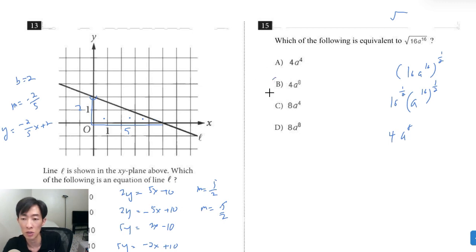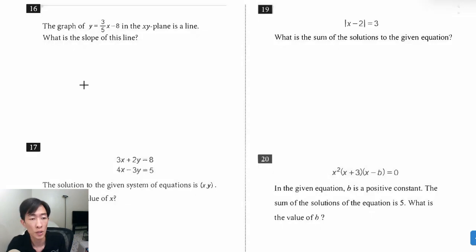And so the answer is choice B. Question 16, the graph of y equals 3/5 x minus 8 is a line. What is the slope? So you've memorized y equals mx plus b. It's kind of staring us in the face. The slope is 3/5. So again, once the math section goes to free response, the difficulty level drops, so keep